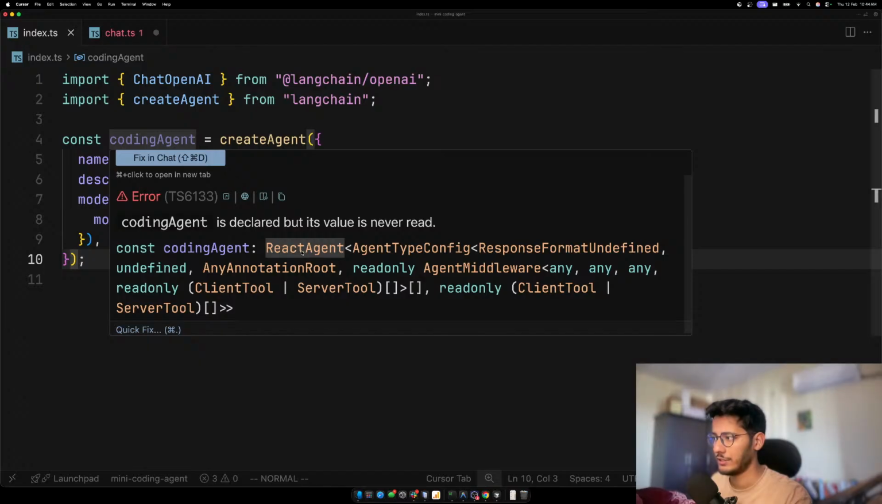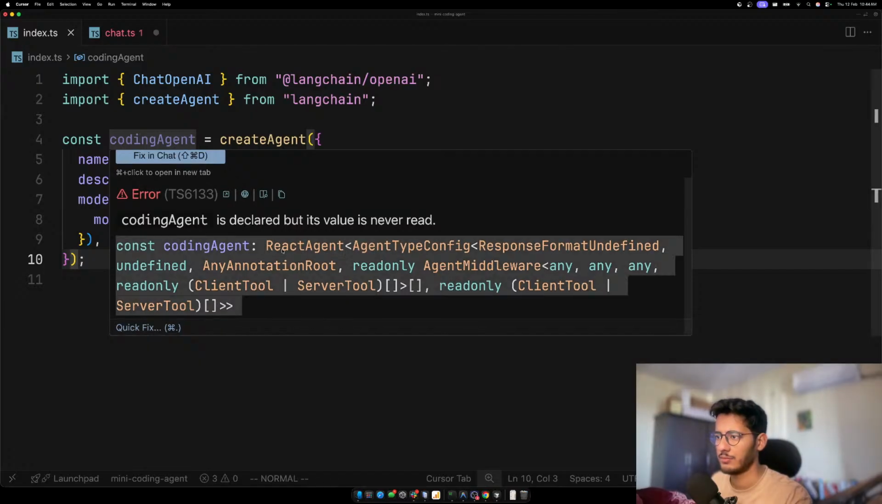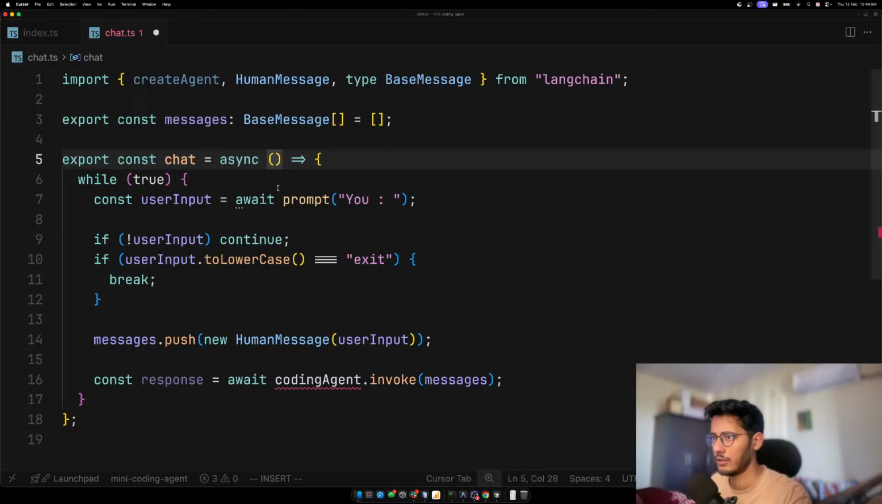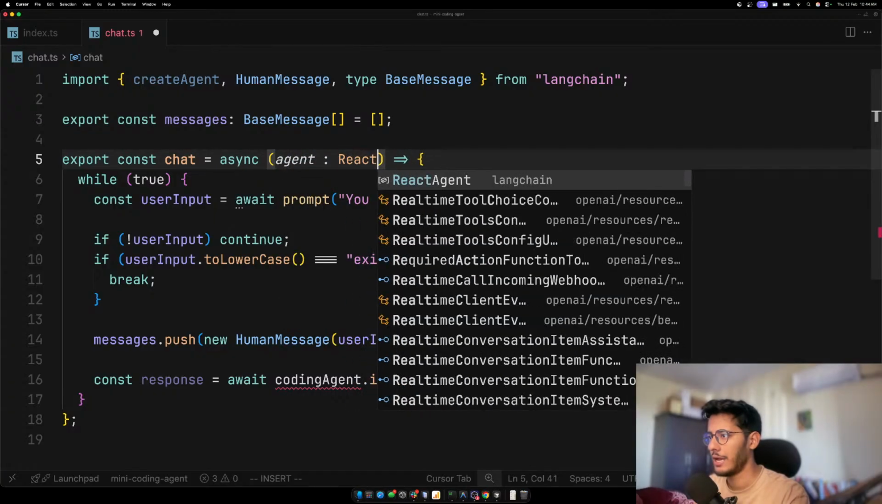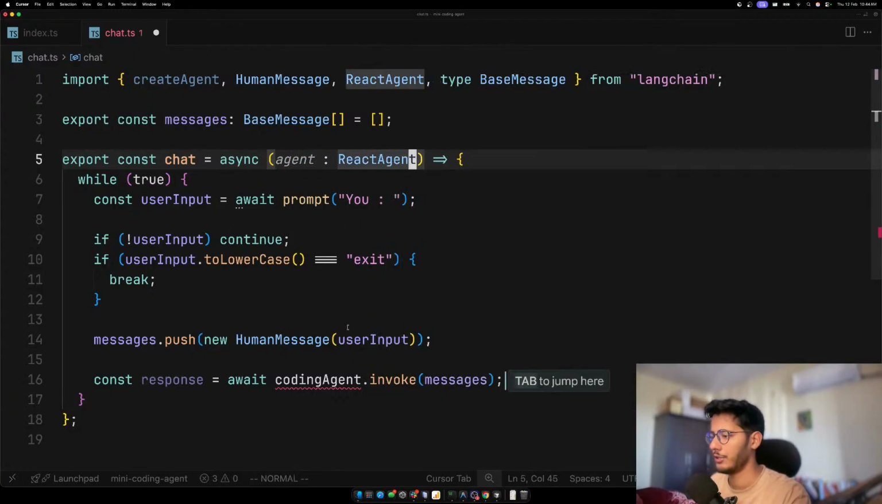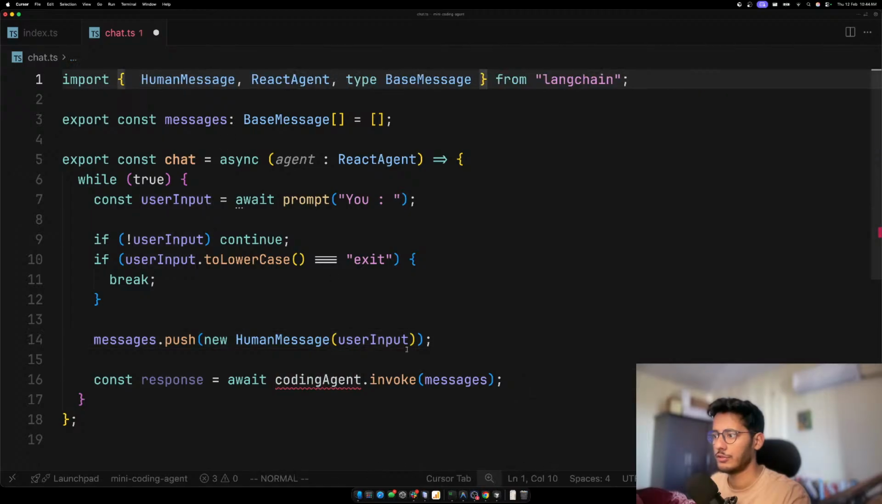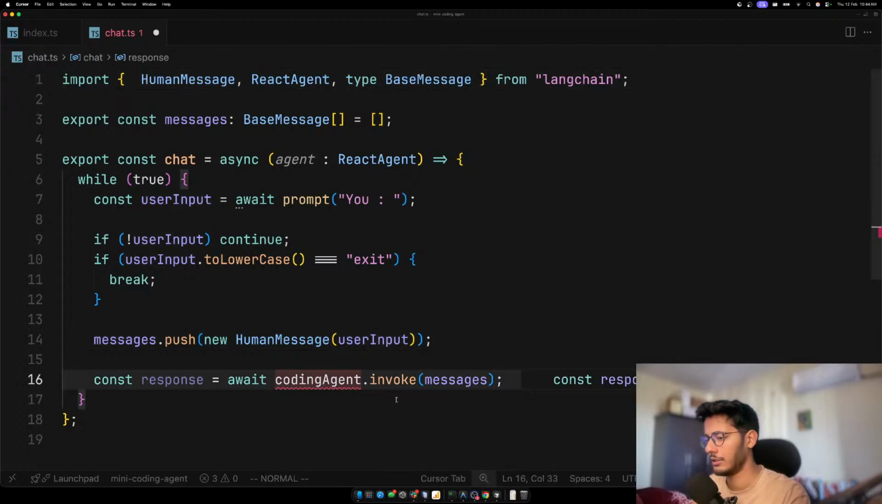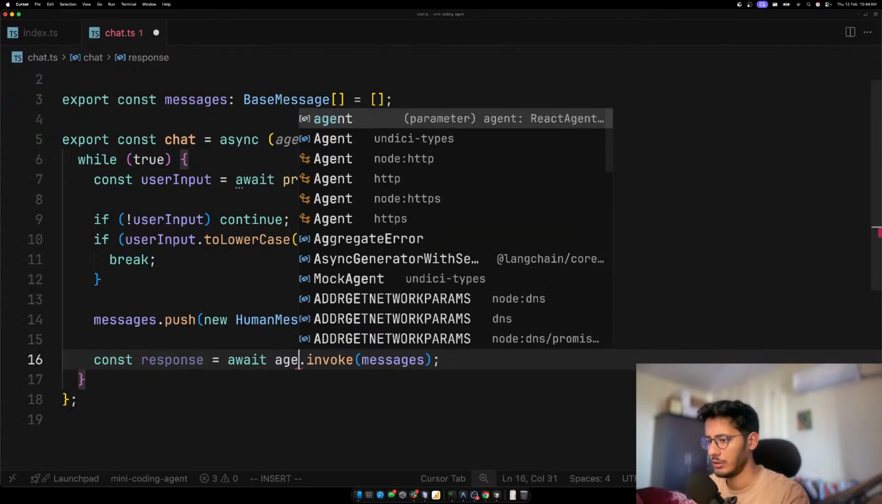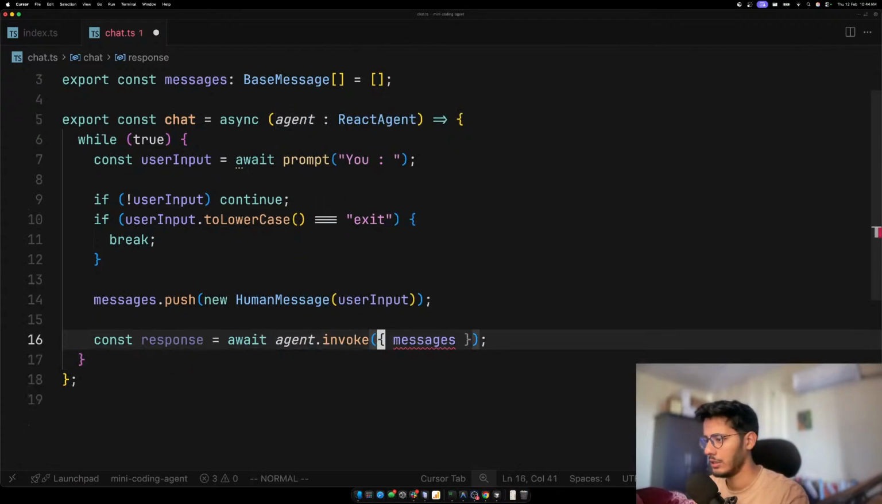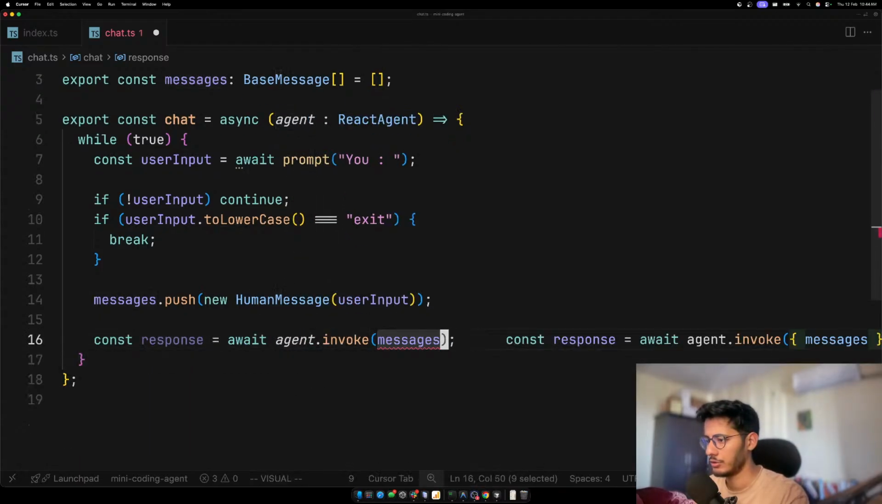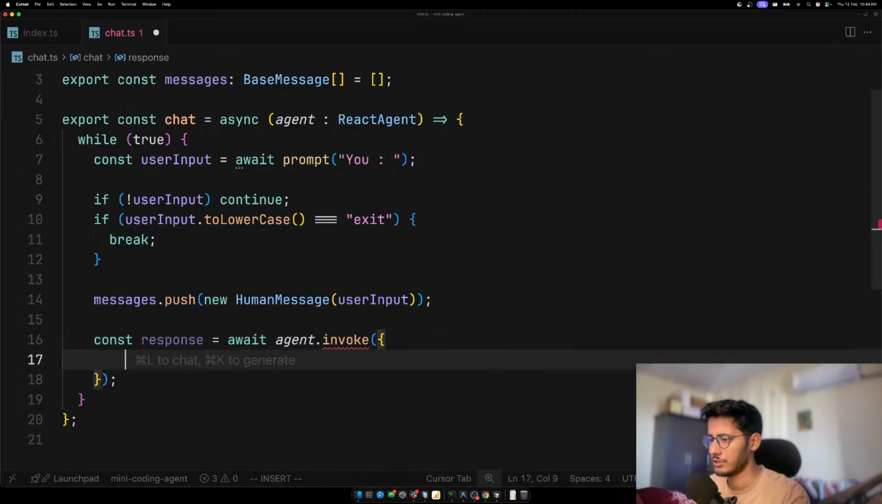It's called React agent. Okay, it's called React agent. It's simply the type is React agent. So we can say React agent. Yeah, that's better. And then we can remove this create agent thing, and then I think this would work. And we can say agent, and then this wouldn't work because that's not how it works. So we can just say messages,